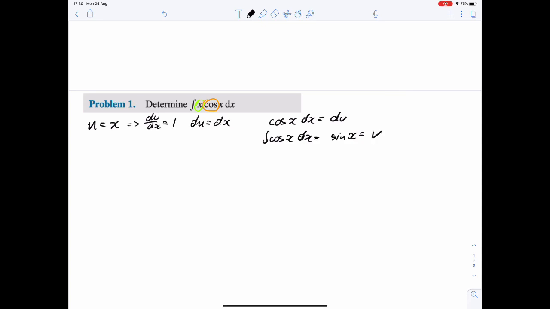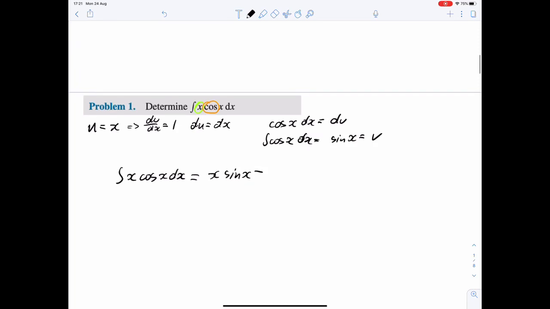So now I can put this all together to get the integral of u dv, the integral that I'm trying to calculate, and I'm going to get that the integral of x cos x dx is the same as uv, which in this case is going to be x sine x minus